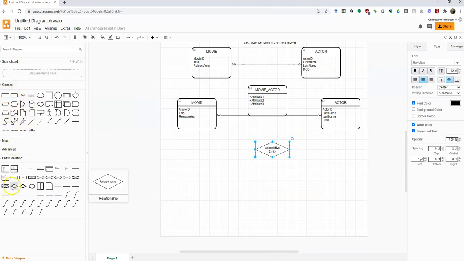because, and I've talked about this before, but it doesn't hurt to repeat it. See this diamond? Instead, in a crow's foot model, you have this stuff. But if it were a Chen diagram, you would have this diamond with lines from it, and the diamond's the relationship instead of just this line. The diamond would have the cardinalities on each side, like 1 and M, or 0 and M, or whatever. It would be a little different style, but it would be saying the same thing. But what I'm doing is I'm taking this relationship that's just a line in crow's foot, or would be a diamond in a Chen diagram, and I